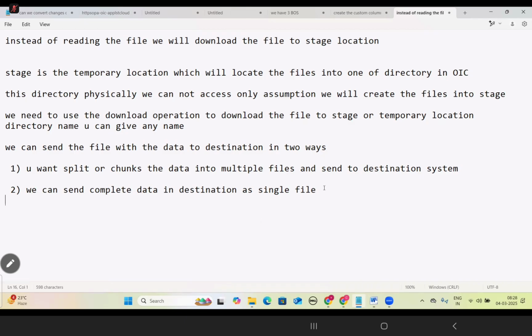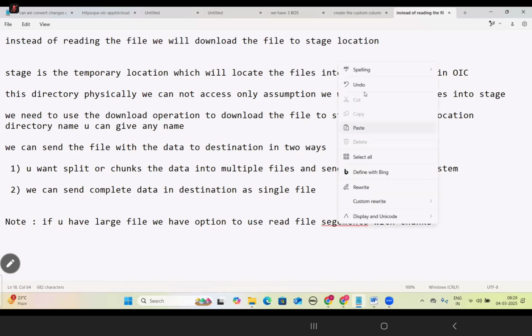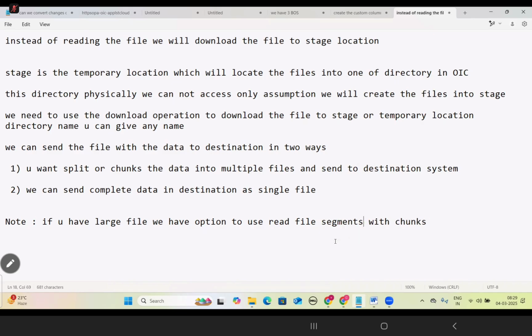In OIC, if you have a large file, very important, we have an option to use read file segments with chunks.